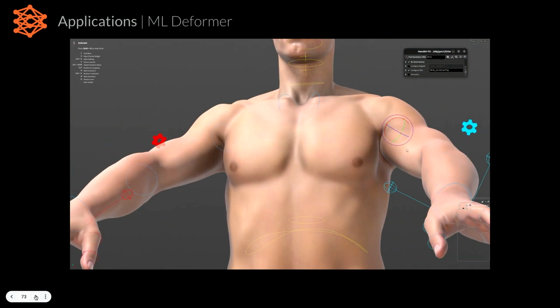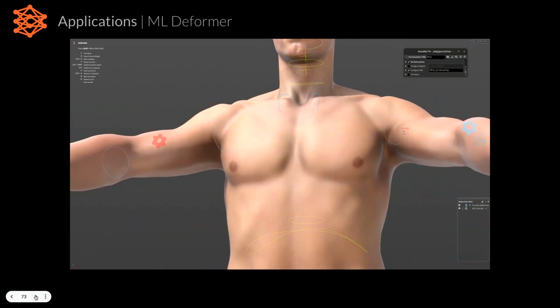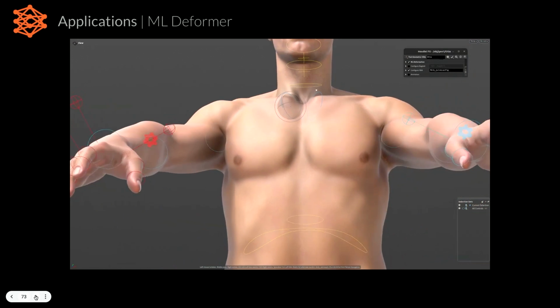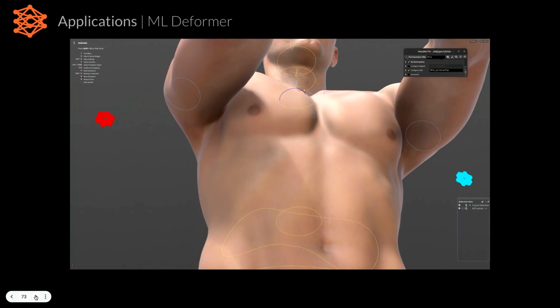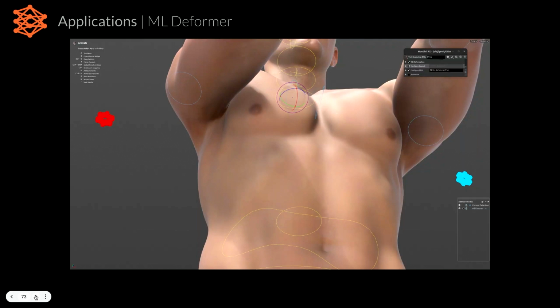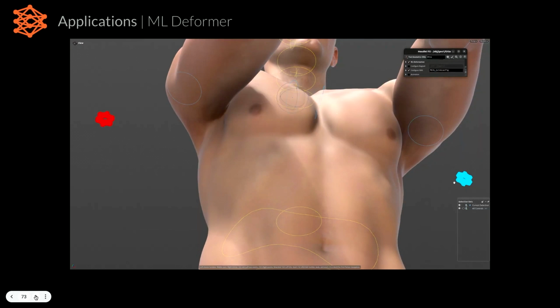So this is a video created by Kai, and you may have seen it earlier today. Here the training was not done with the armature, but it was done with a more detailed system of muscles. Right. And it shows you the difference between